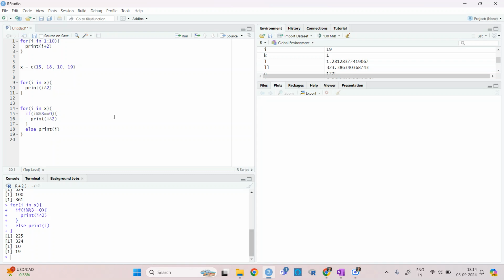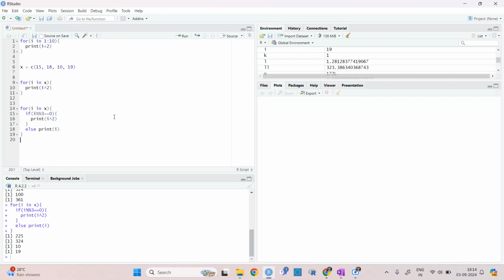Then we can use if else, nested if else, or else if. There can be a lot of ways we can make use of this for loop. Then we can make use of a nested for loop.